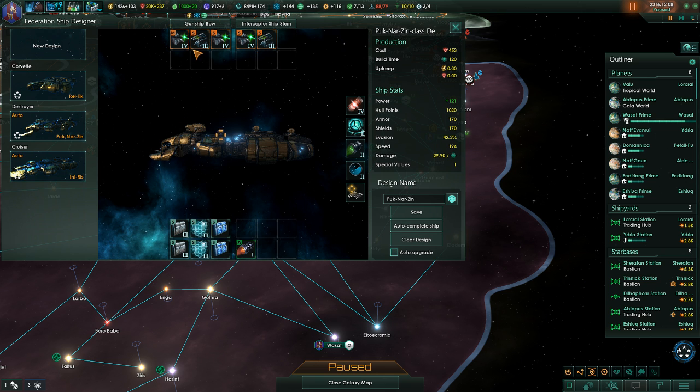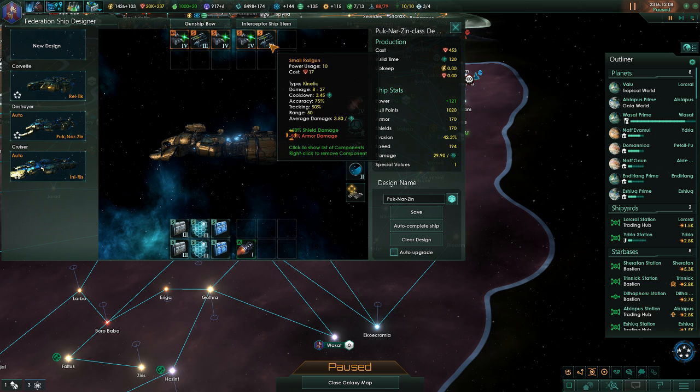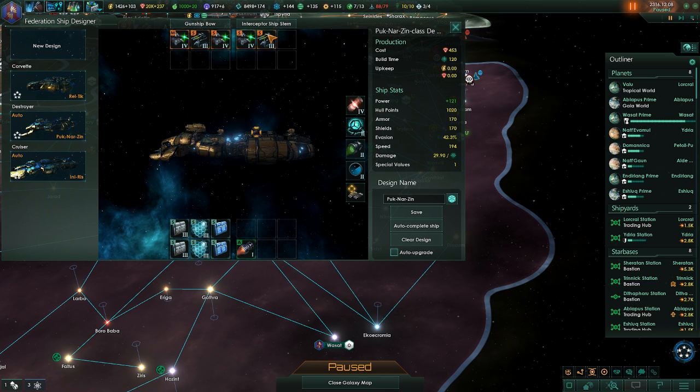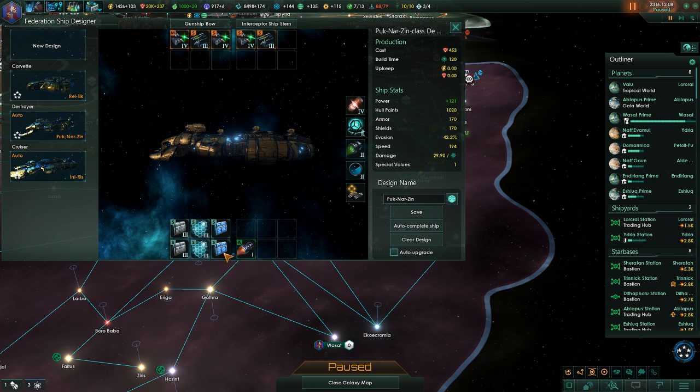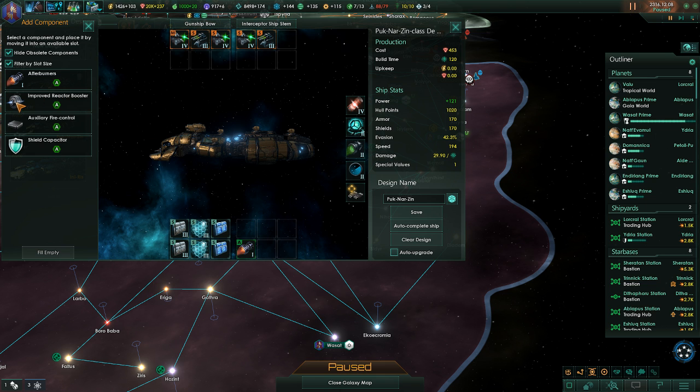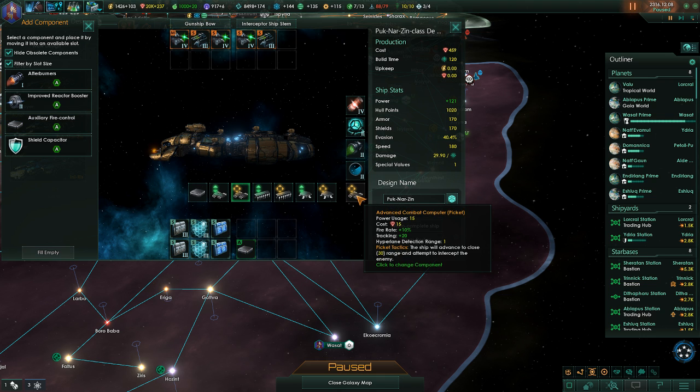What about you? I mean, that looks reasonable. Railguns and lasers. Nothing interesting there, no. I mean, this all looks fairly good. Can save that. Do we want afterburners or do we want fire control? Let's get fire control, and